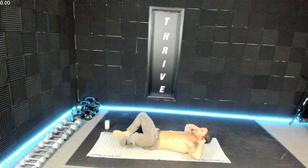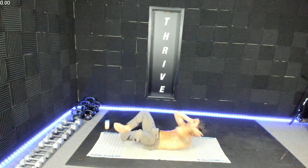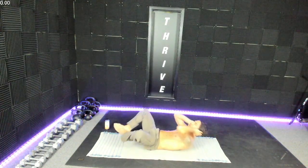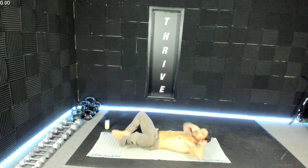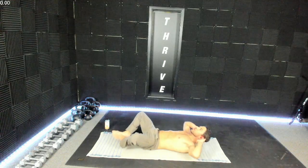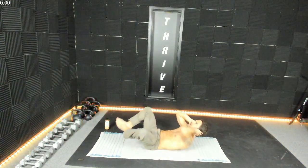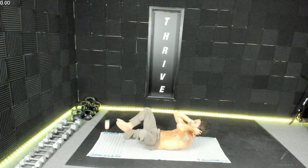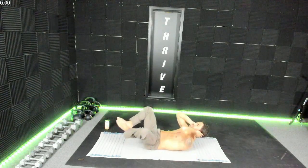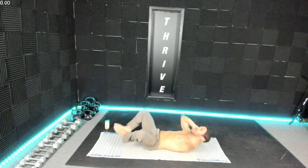Maybe lift your feet. Lift, lower. Both shoulder blades off the mat. Lift, lower. Good. Squeeze. Breathe. Nice. Yes. Good. 8, 7, 6. Press your feet more to activate deeper. 4. We'll pulse in 3,